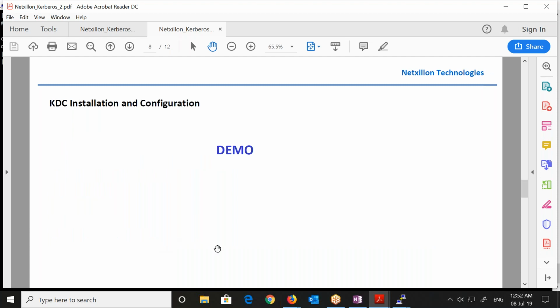Right. So let's look into our installation and demo of Kerberos. Second will be with SASL. First one we are doing, or the other way, it doesn't matter, we can do. So first we are looking into KDC installation and configuration. Then we will look into Kerberos with SASL enabled because we are carrying forward from the last practical. Then we will be doing